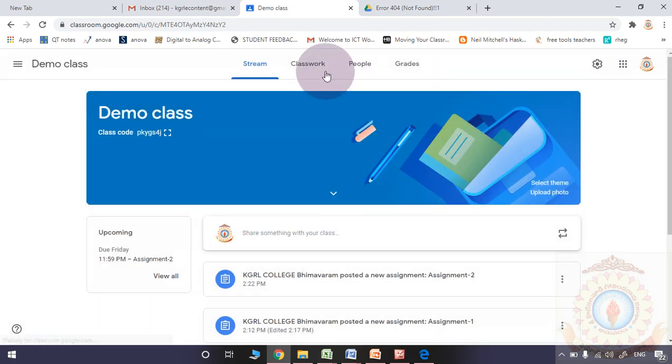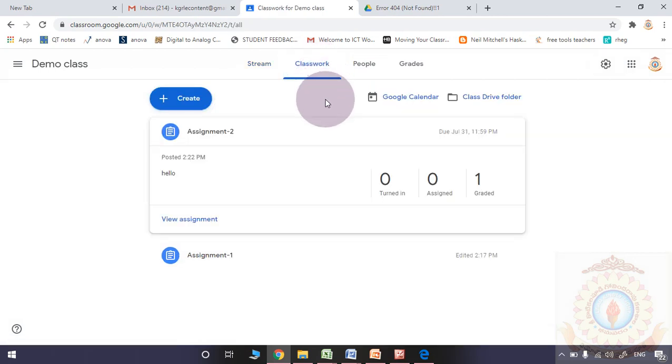You may send assignments and there is a chance to give a deadline for the assignment. There is a chance to give the marks for the assignment as a reply. You will observe the grades given by you. You may add co-teachers in your class. Here a class drive folder will be there. All the inputs and replies shared by you and the documents shared by your students will appear in the Google Drive also. So easily you can monitor the complete mechanism by using Google Classroom.